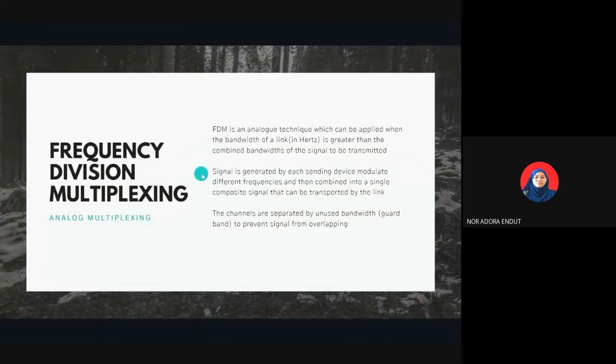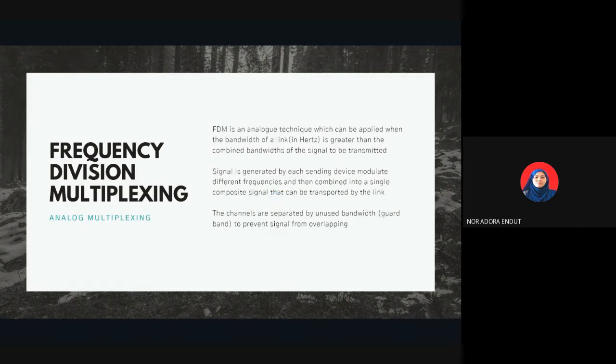Okay, so the signal is generated by each sending device modulating at the different frequencies. Okay, and then kita gabungkan all these different frequency into a composite signal. You've already seen juga what is meant by composite signal. Kita ambil satu carrier frequency and then kita modulatekan karakteristik dia mengikut frekuensi yang berbeza-beza. Okay, jadi we get a signal, an analog signal that has the characteristics of combined multiple signal from multiple